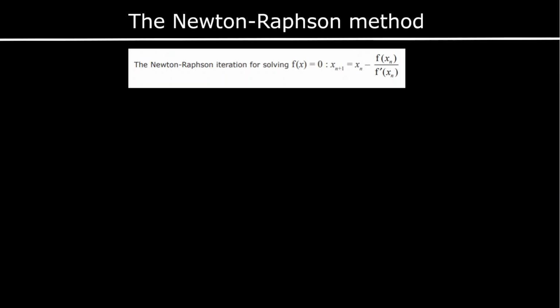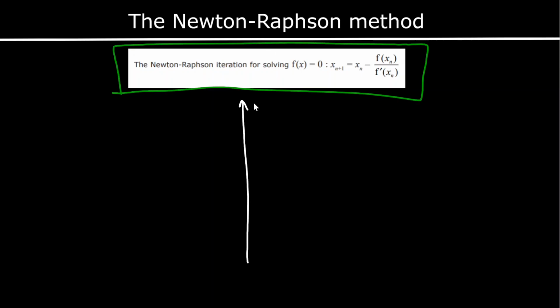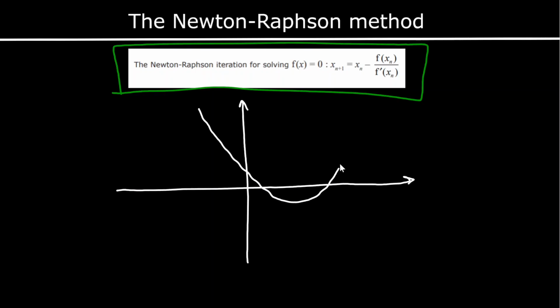Another way that we can find the roots of a function is by using the Newton-Raphson method. This is given to us in the formula book. It works by drawing a tangent at a point on the function. So we pick a point, we draw a tangent,